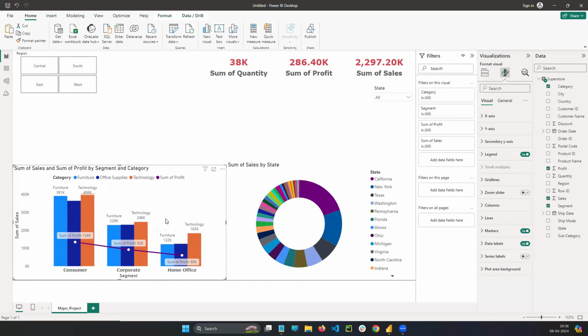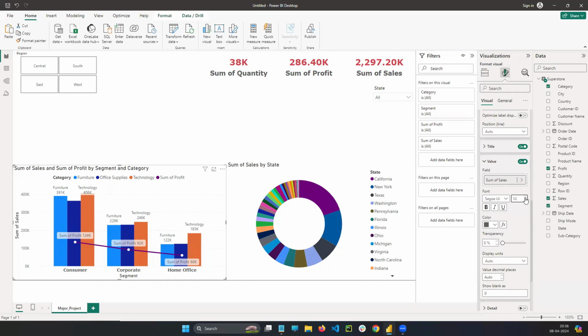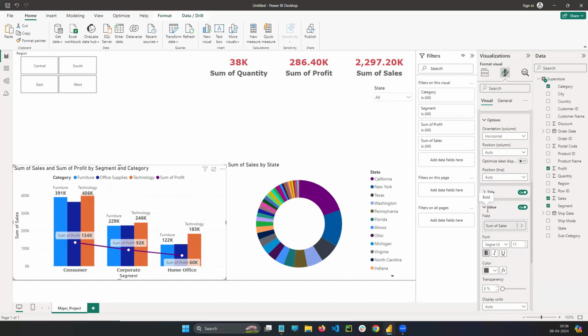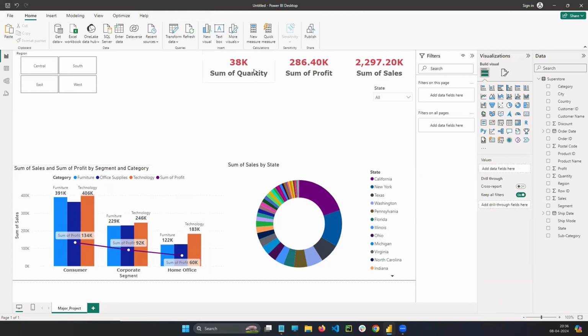If these values are not visible, go to the makeup area, go to the data labels, values, little bit increase the value. Okay, you just bold them if needed. Simple. Okay. Now the question here is, till here fine, sir. What next? Okay. What next is nothing but,